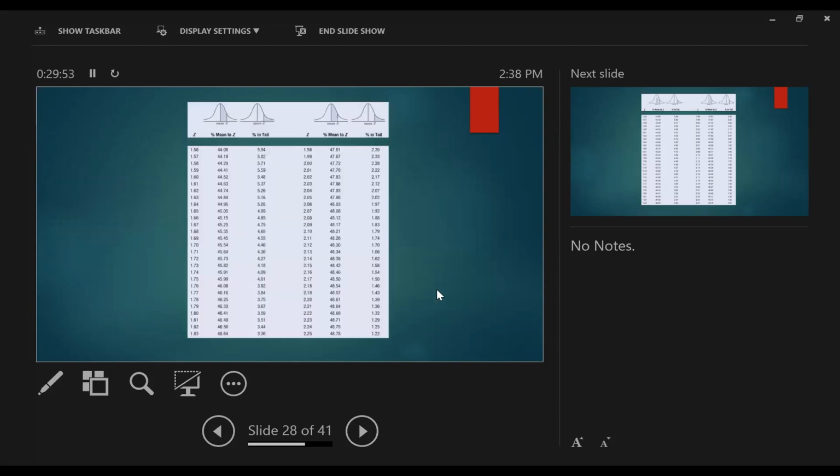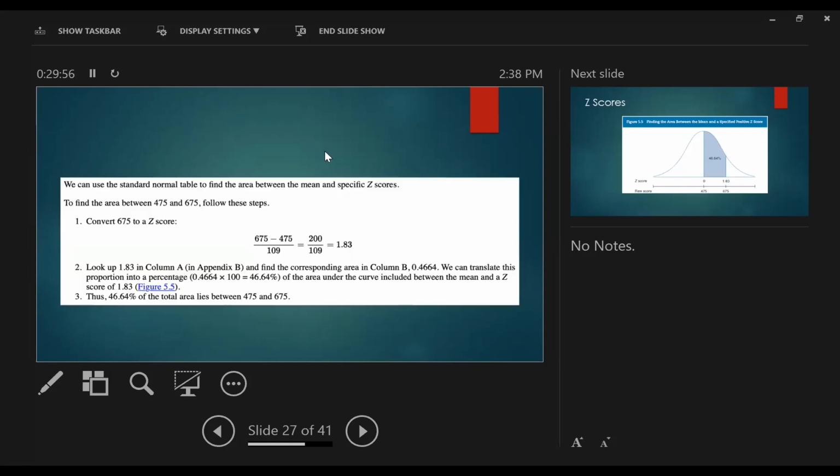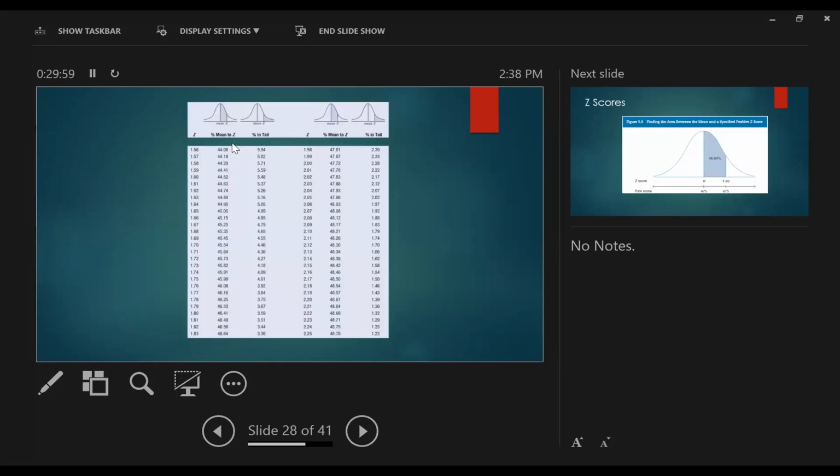Now let's actually look at it. The number was 1.83, so I would look at z and scroll all the way down until I get to 1.83. That is my z-score. Already, the fact that it's 1.83 tells me two things. It's over the mean, because it's a positive number, and in fact, it's almost 2 standard deviations above the mean. We're getting close to 2 standard deviations above the mean. So if I'm trying to find the percentage from the mean to z, for 1.83, that's